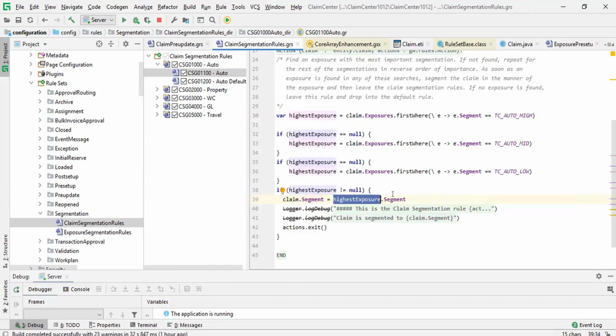So this segment is TC high auto, high. So this will be allotted to the claim. So it means if one of my exposures is high priority, then I will segment my claim as also high priority. If none of them is, if this is null, it will check for the mid-priority exposures. Okay, and this